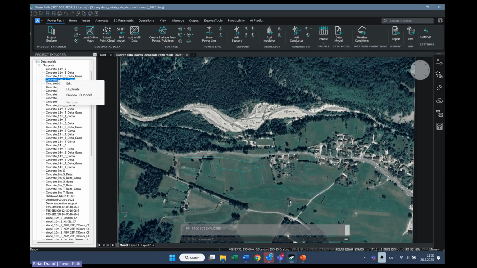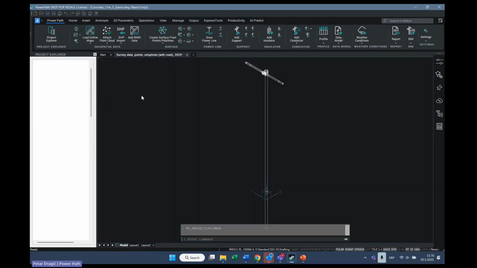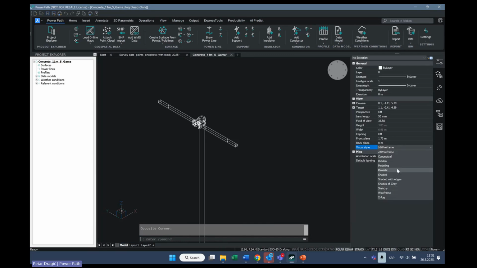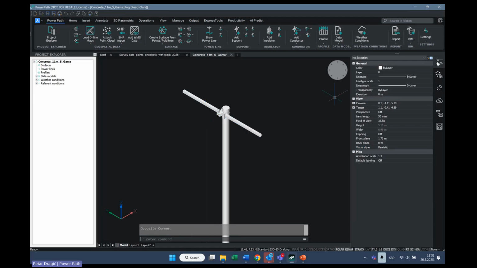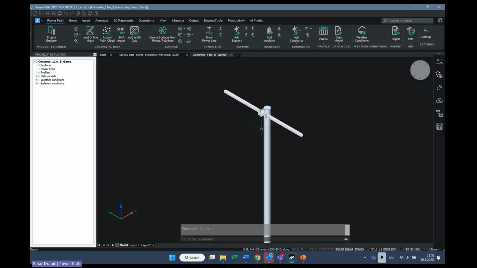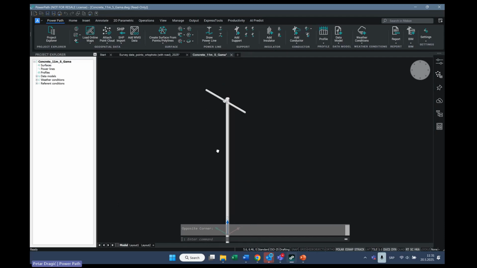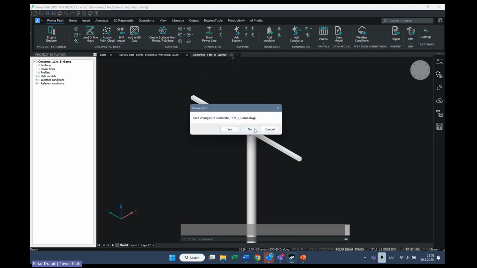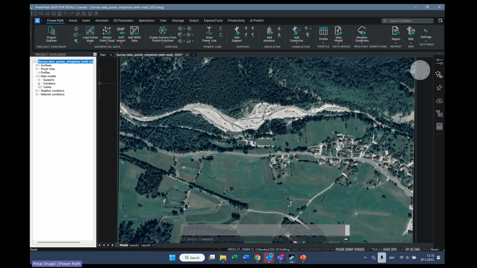What is also important, and it is added as a new feature, is the command for previewing the 3D model. What it means, you can now directly, with a right click, select the command preview 3D model, and the solution will open the 3D model which you want to use for your project. This is of course a better user experience because you can directly open the 3D model in your drawing, in your project, and then check which model you want to use. The same goes for insulators. If you right click, you have the option for previewing the 3D model.